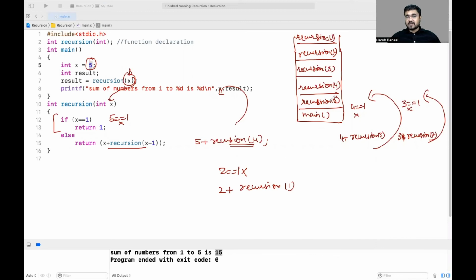Now, once you have recursion of 1, let's check the function call for recursion of 1. It will be 1 equal to 1, so it becomes true. Now, because it is true, what will it return? It will return 1. To whom will it return? It will return to the function who called it. So who called it? This is where the calling happened. So you can see that this will return